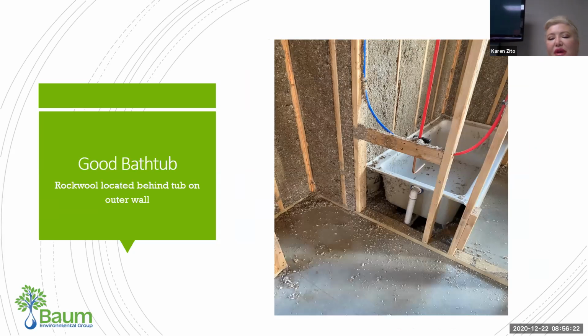Now, bathtubs is one thing that we really kind of take a second look at, and we bend down and really look behind. Bathtubs, if they're placed against an exterior wall, we go behind the bathtub with our hand and we look behind the bathtub to make sure there's insulation behind that tub or that shower stall, because that is a typical place that insulators will forget to do, because they usually put the tub in and then they just fill in the insulation and then they just forget to do anything behind the tub. So we go back there and we make sure that they have,